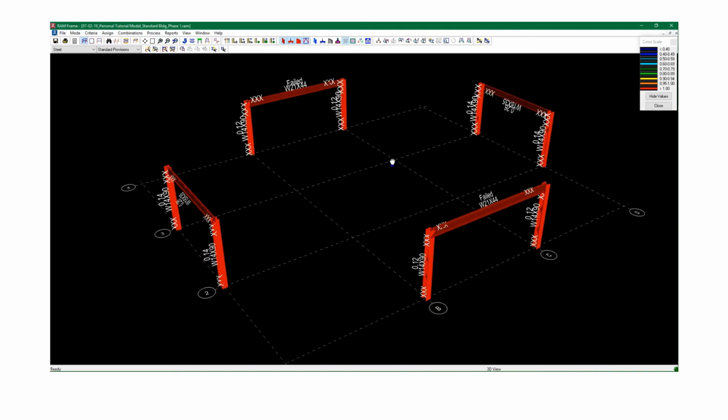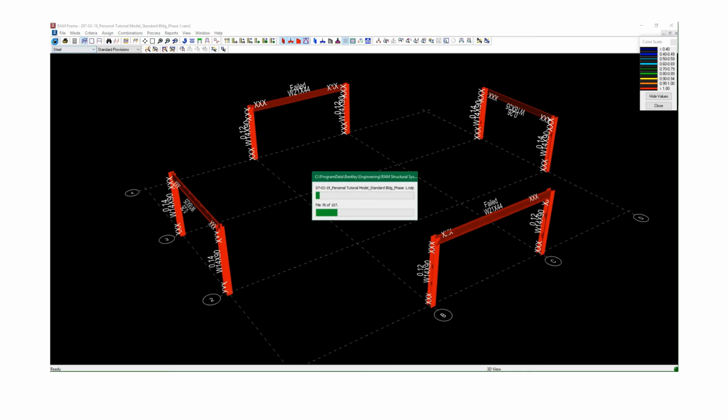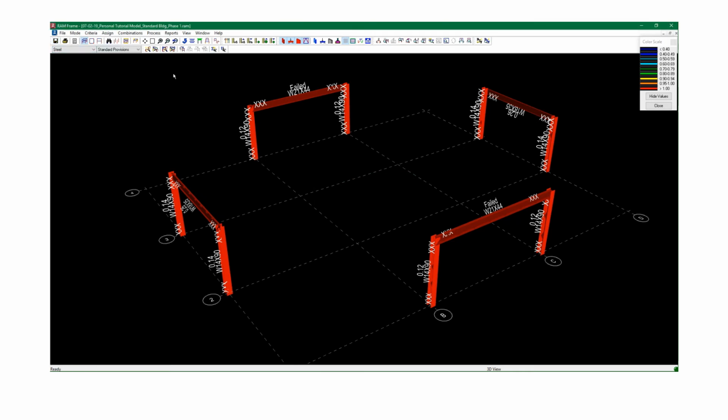We don't want to help it buckle about the weak axis by not putting anything there. So we're going to make sure that that's braced as a compression member. All right. So with that said, let's save the analysis. So that's one of the issues. Let's go ahead and update that one issue